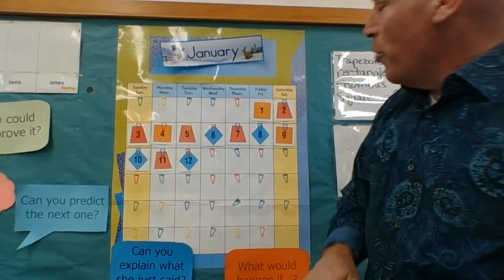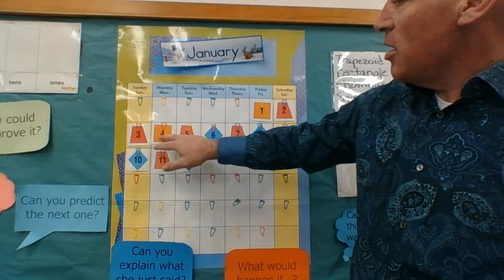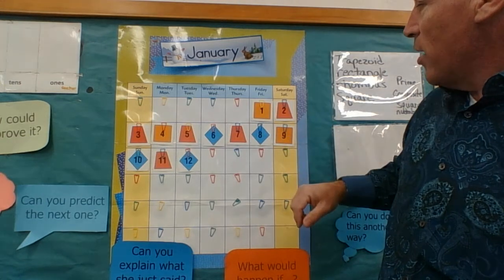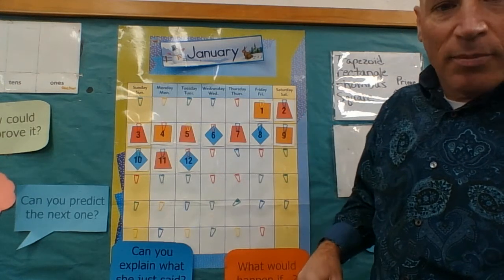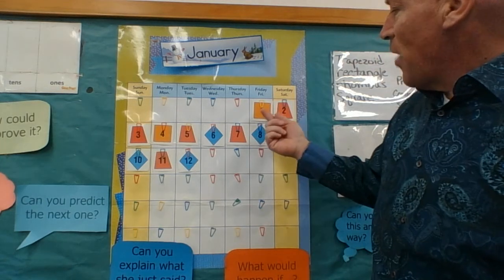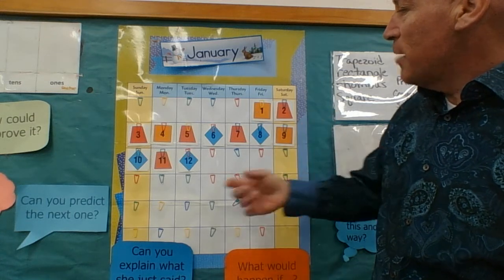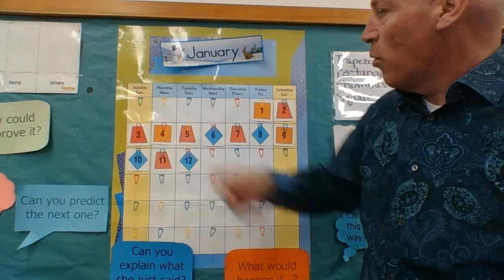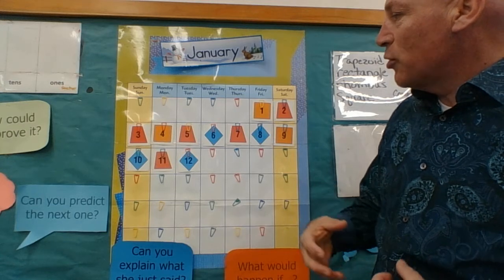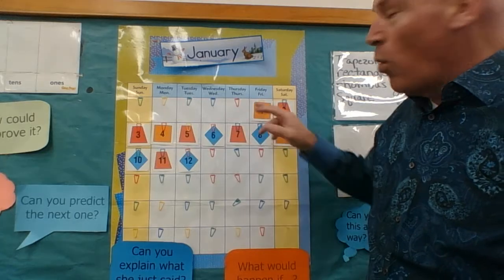Okay, on a calendar, we've recognized some patterns. Hopefully you've recognized that the orange squares represent square numbers, not square geometrical shapes, but square numbers. In other words, if I multiply 1 times 1, I get 1. If I multiply 2 times 2, or 2 squared, that would be 4. If I multiply 3 times 3, or 3 squared, that would be 9, which makes 9, 4, and 1 square